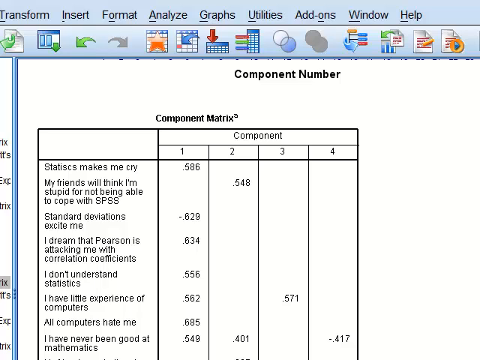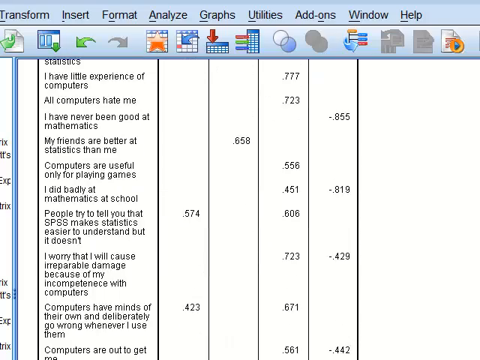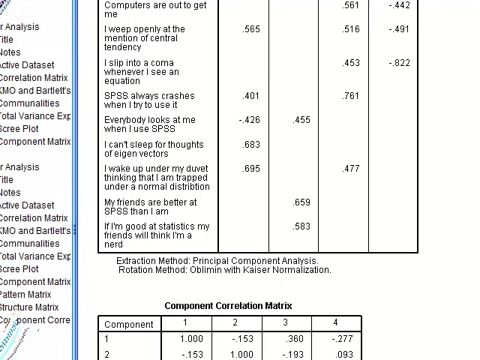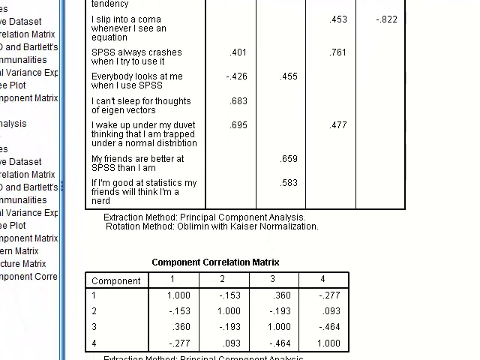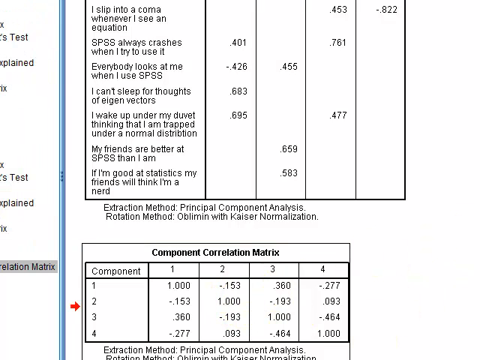But before we do that, we have to look at the correlation matrix table between the new factors. So let's scroll down. That's usually at the very bottom of the document. And hold on, there it is. Let me pull this up a little bit. Okay, so this is the box that's going to tell us if we should have used the oblique rotation or